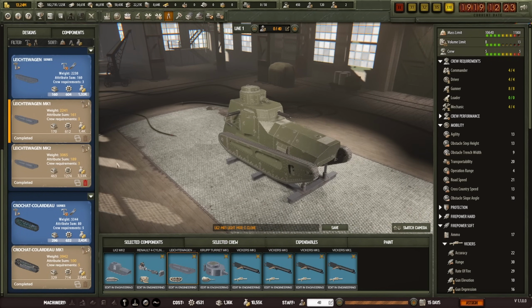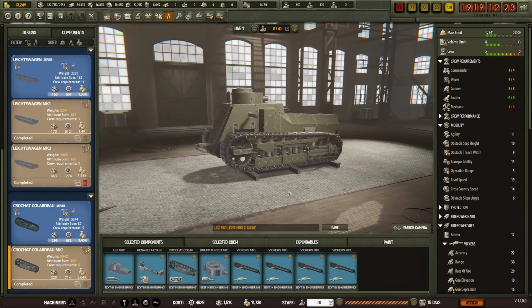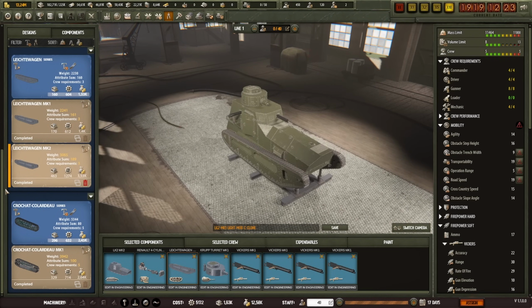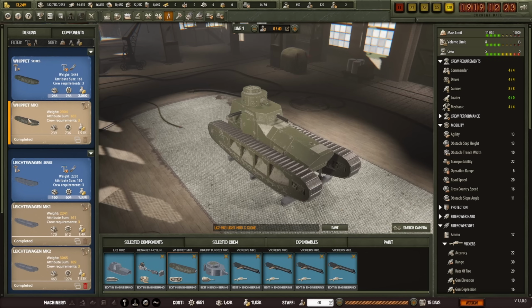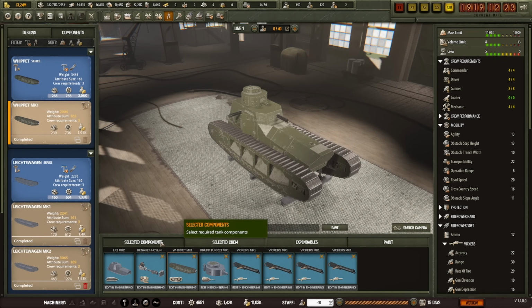The tracks... Again, there's not a whole lot that I can improve here. Even with the better tracks, at the Leichtwagen Mark II, your weight just jumps. And they might have better stats, but overall, it just doesn't fit the vehicle anymore. The Crochat Collard Bleu. No, Collard 2. These are the ones that I borrowed from that vehicle, but then again, you're also looking at 12,000 kilograms. It's too heavy. The Whippets, 11. This might work, but then again, if you want to add that better engine,